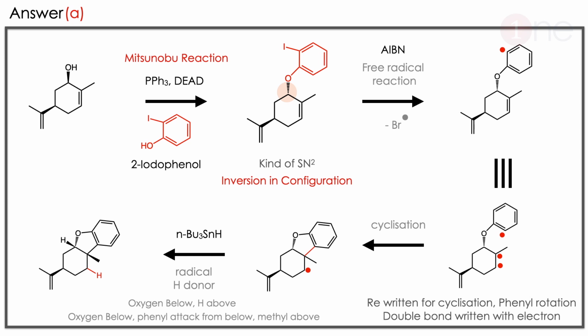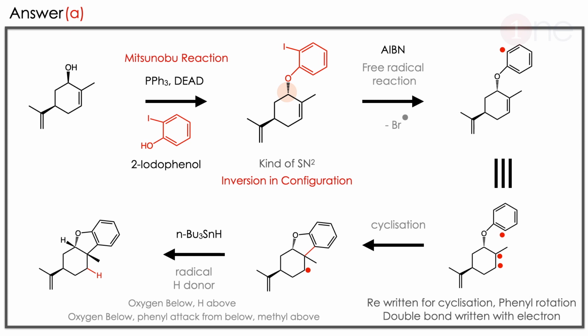But the next step is interesting. The next step is the radical donor. It's tertiary butyl tin hydride. It's a radical hydrogen donor, or you can say a radical reducing agent. So it can induce the formation of a radical by removing iodine. So the iodine is removed, and a radical is formed. So the double bond is there, the radical is there. So everybody can guess, and there can be the possibility of ring formation.